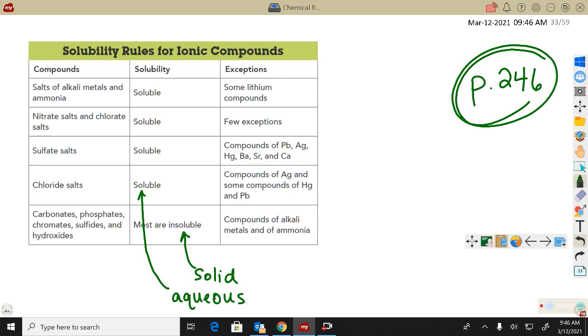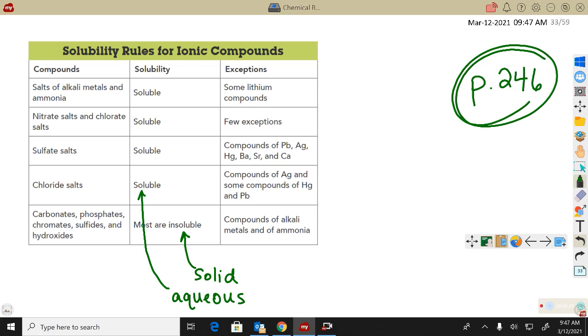That means that, yes, it will dissolve in water. Again, it doesn't help me predict gases or a pure liquid, but it does help me predict whether something is a solid, like a precipitate, or whether it will be an aqueous solution. So you've got to jump ahead a little bit. And we're not really going to do too much else from this last section of the book, but this chart